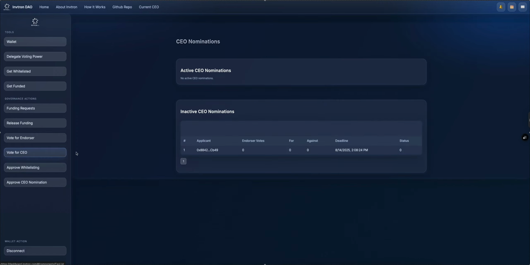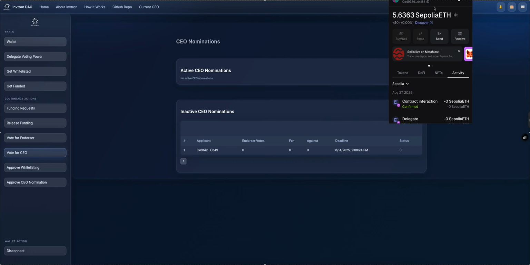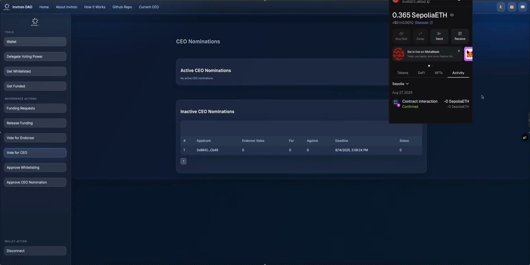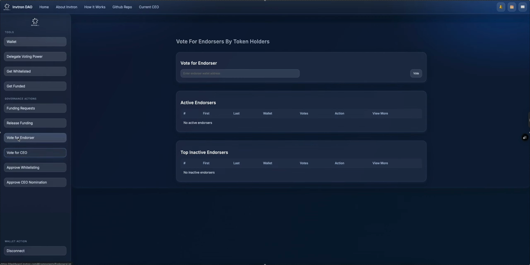Now we go to vote for CEO. As you can see, there is a nominated CEO here. We can vote for it, but not as the CEO itself. We have to vote as endorser for this, because first the endorsers will be voting for the CEO, then